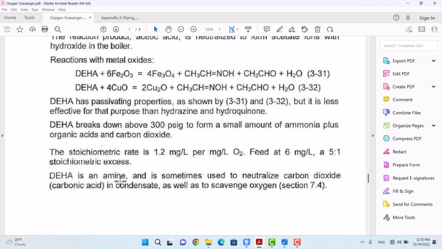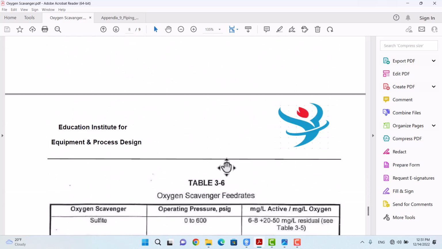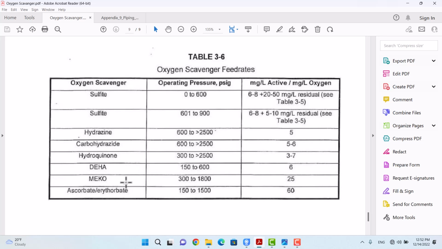there is an amine alongside what is called an oxygen scavenger. It is also called an amine and is sometimes used to neutralize carbon dioxide in condensate as well as to scavenge oxygen. So we thought it was a good choice, because it is a good oxygen scavenger, a good passivating agent, and it can help us neutralize some carbon dioxide. We haven't identified any problems with DEHA, but